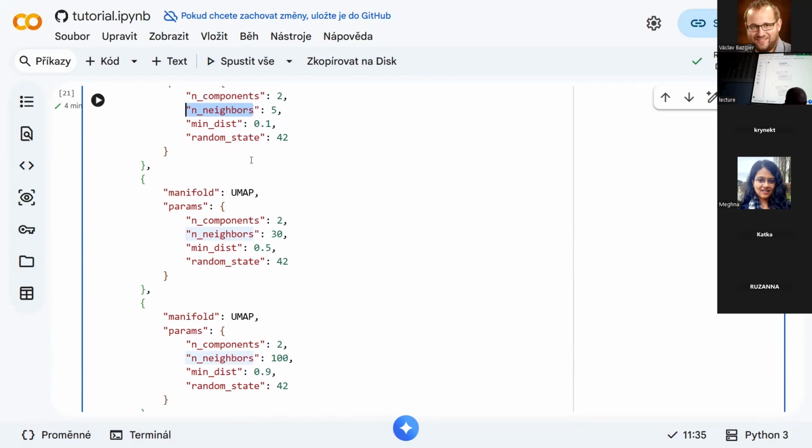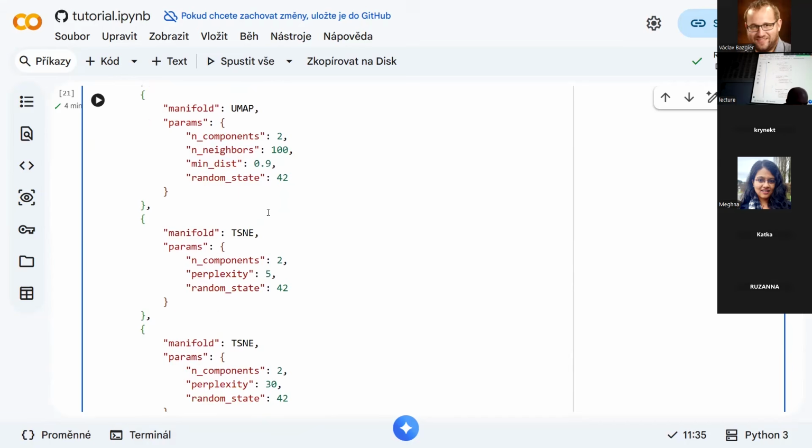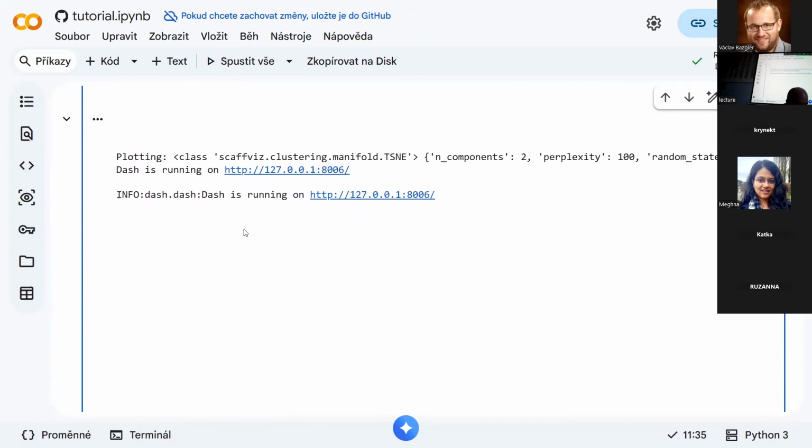And then the minimum distance is also an important parameter for visualization purposes. It's basically how far apart the displayed points are allowed to be. So if you want really small and compact clusters, then you set it to low values, like you see here. So if we actually look at the results, if we scroll down,